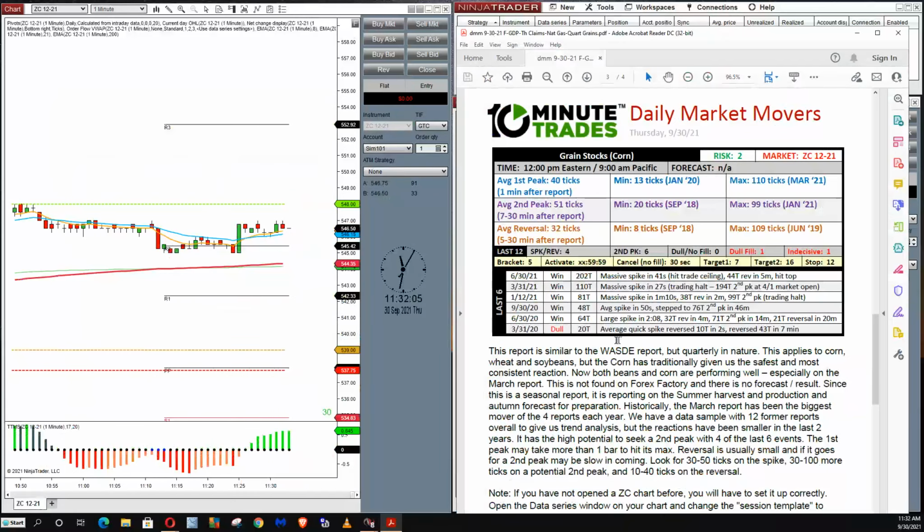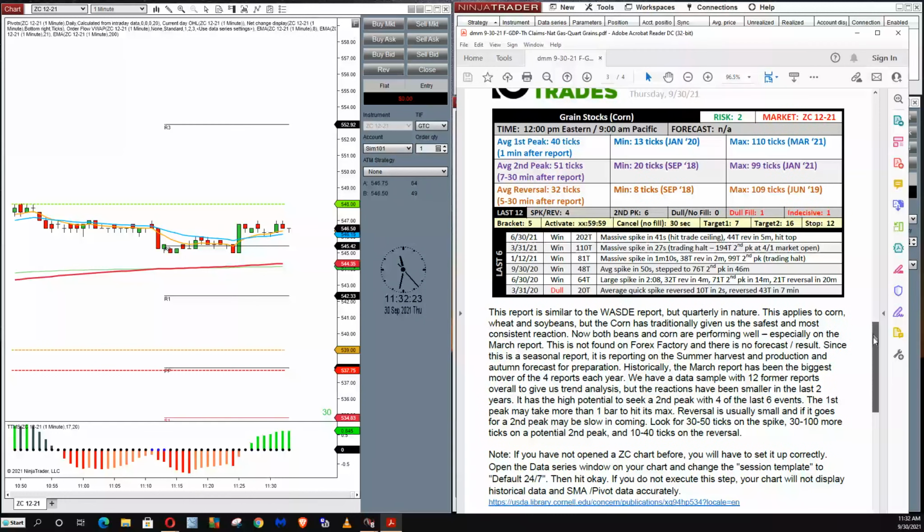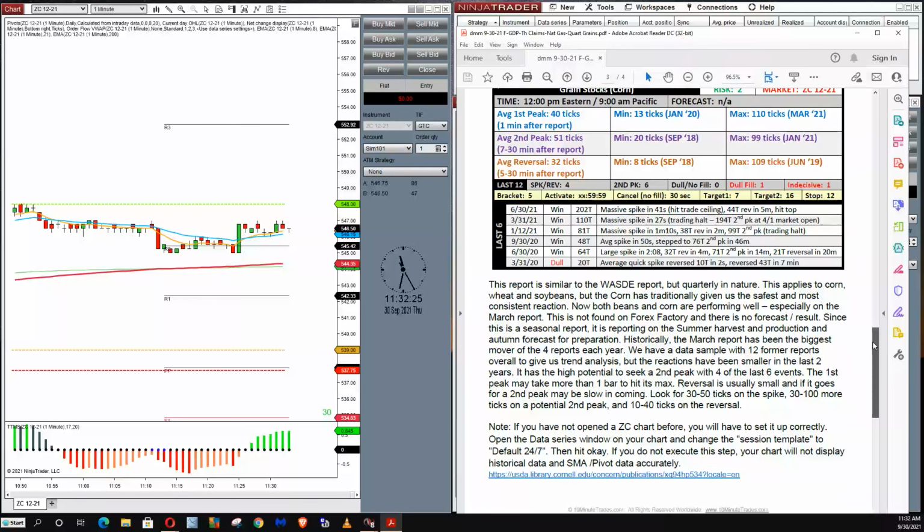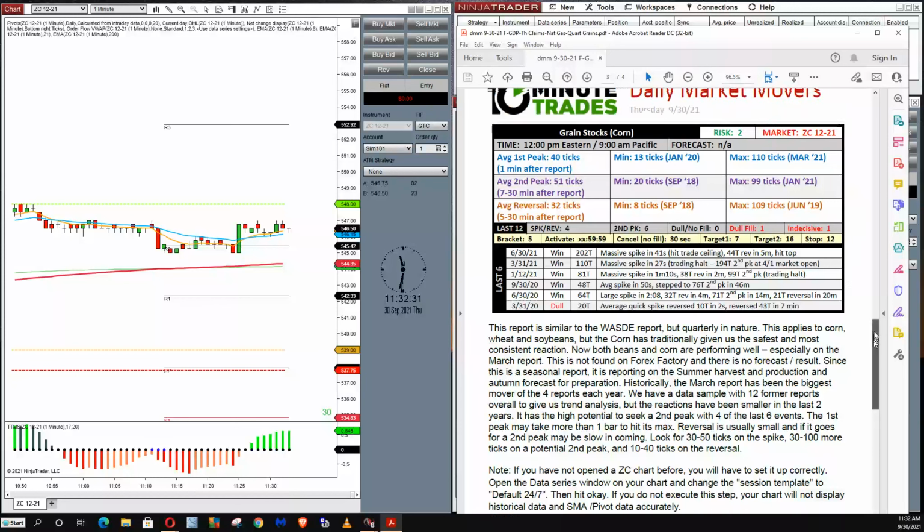I find that corn is a little bit more liquid, and it's definitely more stable. Soybeans are whippier, and they're definitely harder to trade.